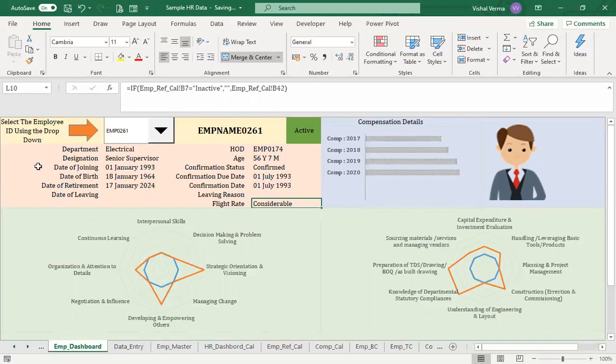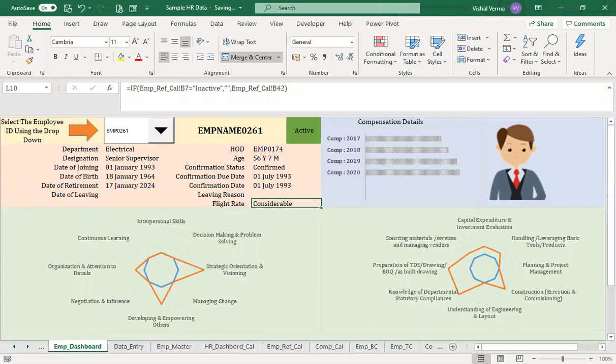The choice of the data will be all according to you, so you know how to make this particular drop down. You can arrange the drop down according to your employee list. I would suggest going for employee ID, because that is always a unique ID. Then using the unique ID, you can connect it with the employee master, creating a dummy data. You need to create a dummy list, because if there is any error by any chance, you have the opportunity to correct it. If you put all the details in the same employee master, it will be difficult to find that error. So make it a number of sheets, because it will be operating for you.